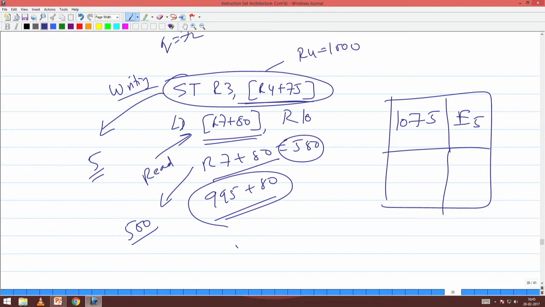But our luck, suppose R7 is 995, and 995 plus 80 is 1075. Before loading, I will go and ask, hey, is it there? This fellow will say, yeah, it is here. So immediately what you will do? You will go to the reservation station and wait for execution unit 5, and take that answer and load it into R10. Actually, you will be happy because you need not go all the way to cache, then to memory, and so many things we are going to talk of. Are you able to follow this? So, your read after write hazard will get handled.